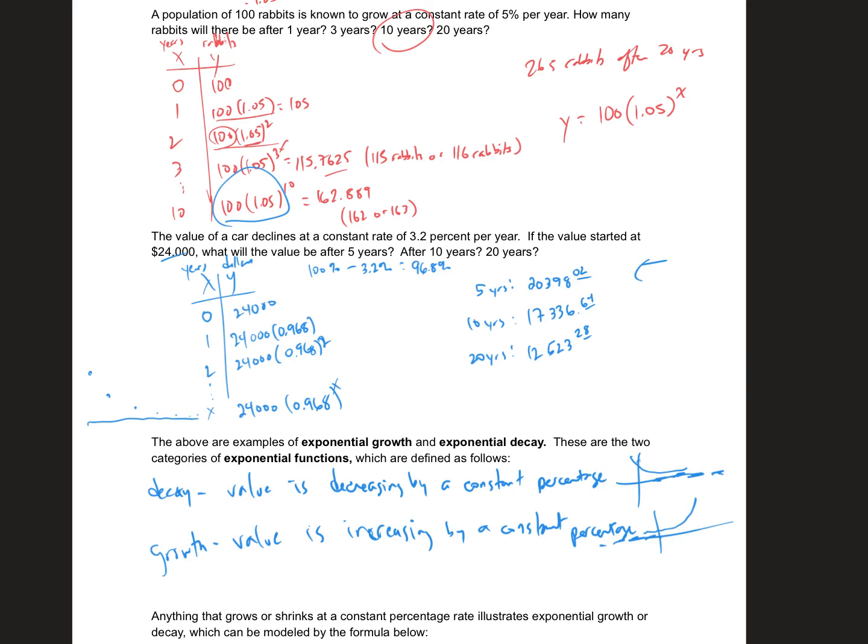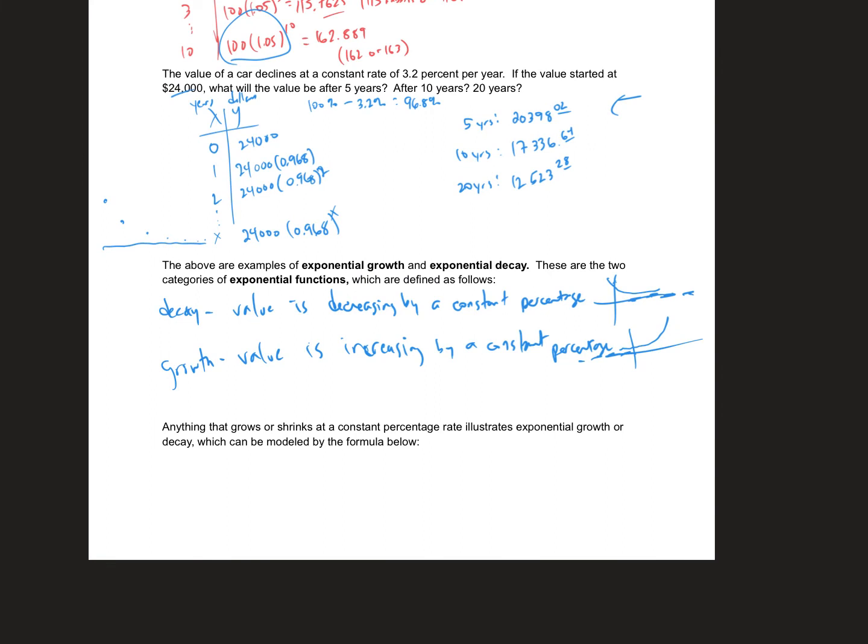Now, anything that grows or shrinks at a constant percentage rate, as the things we've done above, can be modeled by this formula. So the formula is y equals the initial amount. So let's say y is the final amount. The initial amount, which is the starting amount, let's call that P. And then let's call our rate of decay or growth, that's our percentage changed to a decimal,